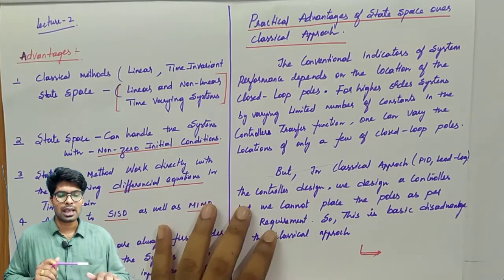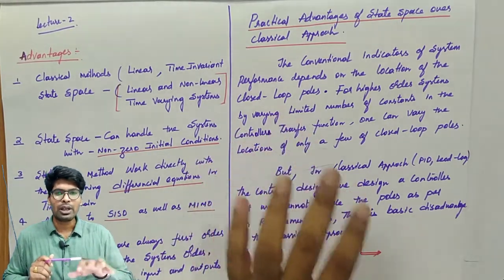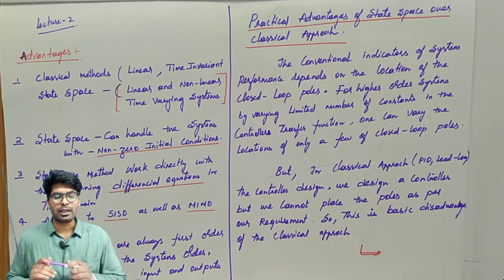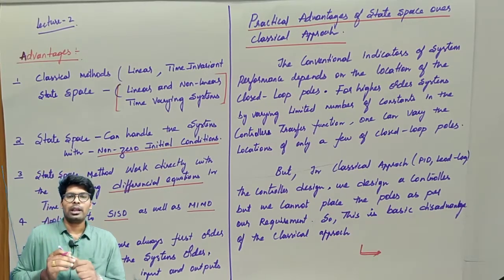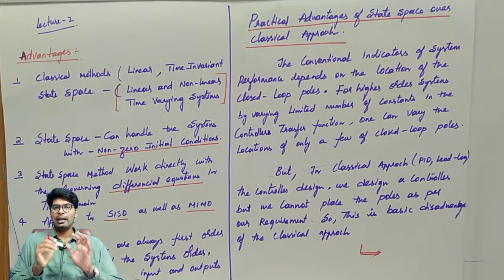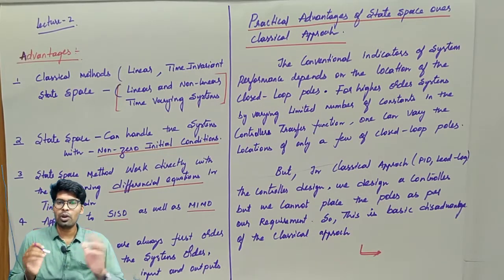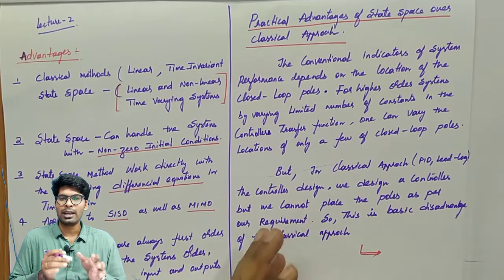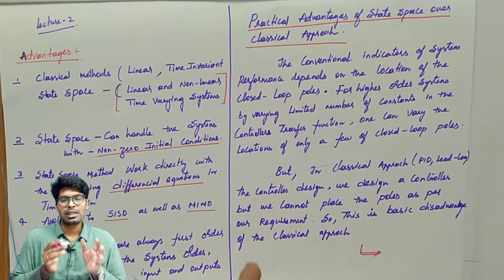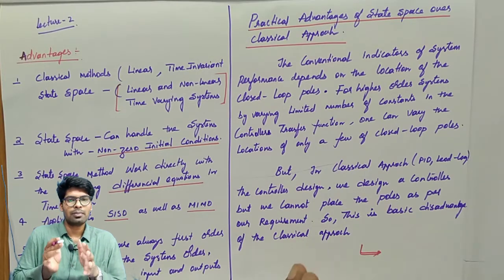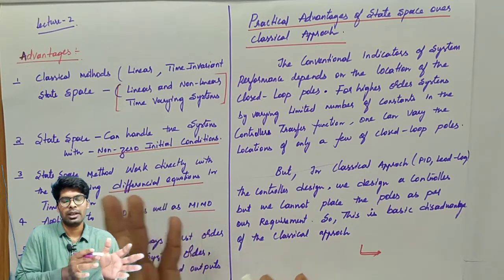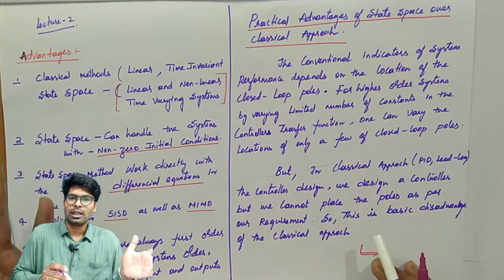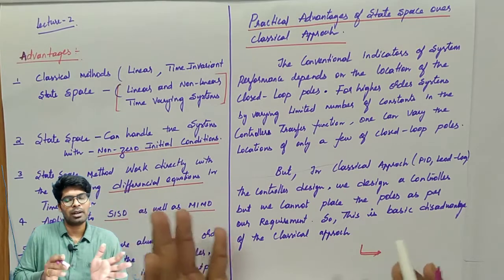In this class, I want to deal with an important advantage using a practical example. You all might know that system behavior mainly depends on the pole location. If the pole location is near to 0, then we can predict the system behavior. System behavior is always dominated by the poles located near to 0. If a pole is located far away from zero, then the system performance will not depend upon that pole.